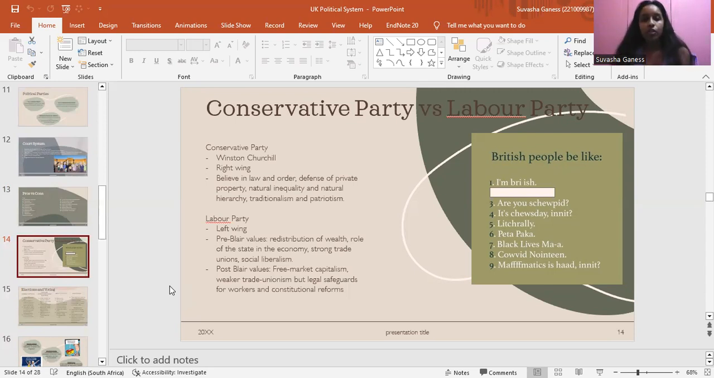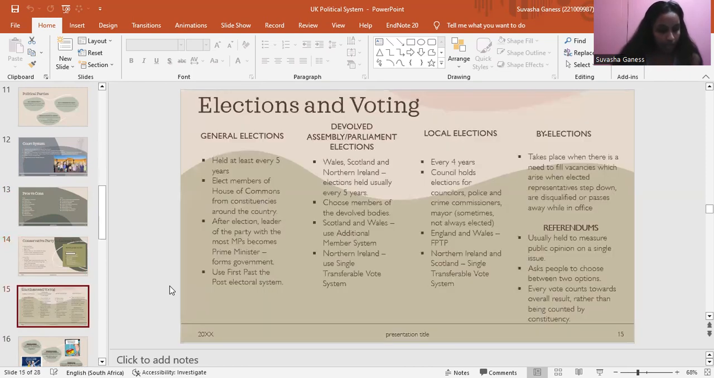Your post-Blair values include free market capitalism, weaker trade unions, but still having legal safeguards for workers and constitutional reforms, right? Then the next thing we're looking at is